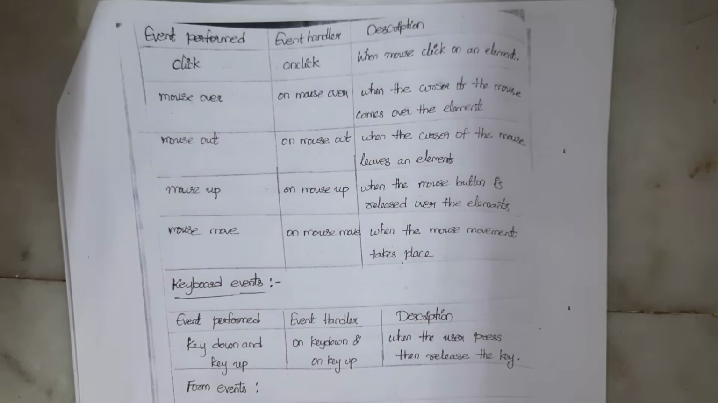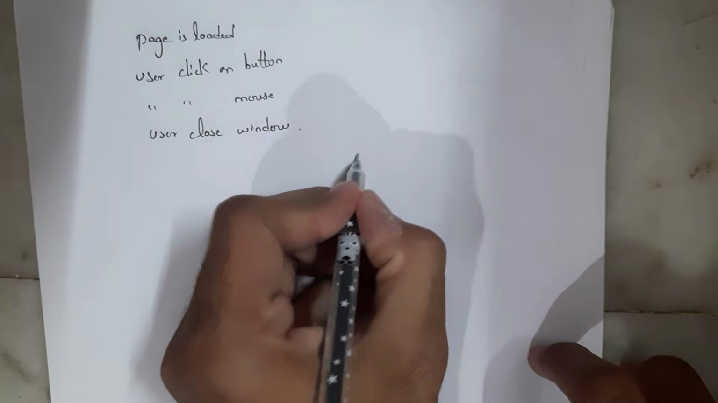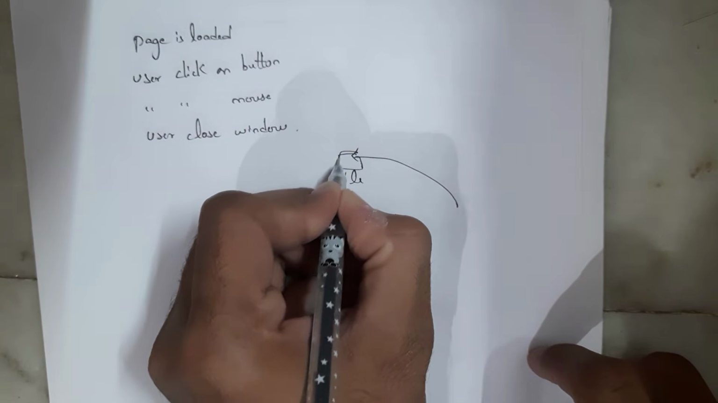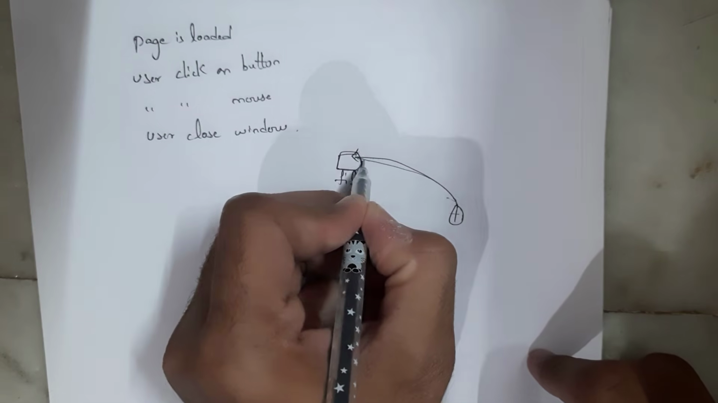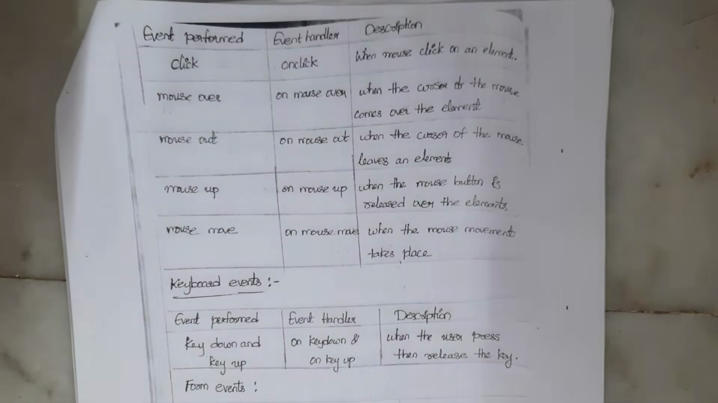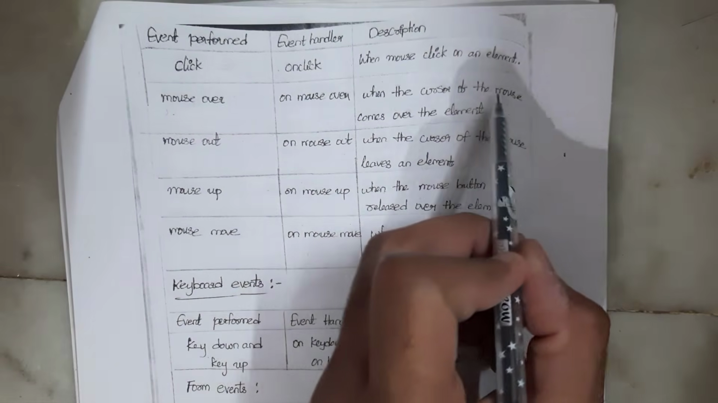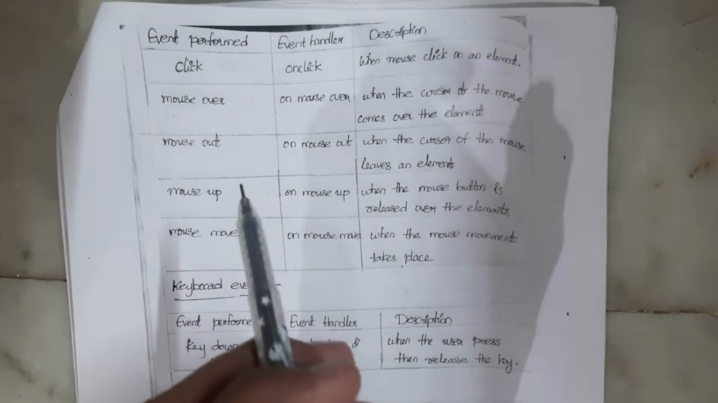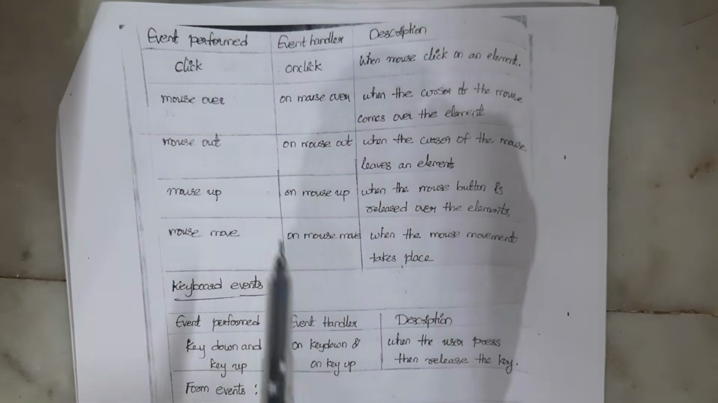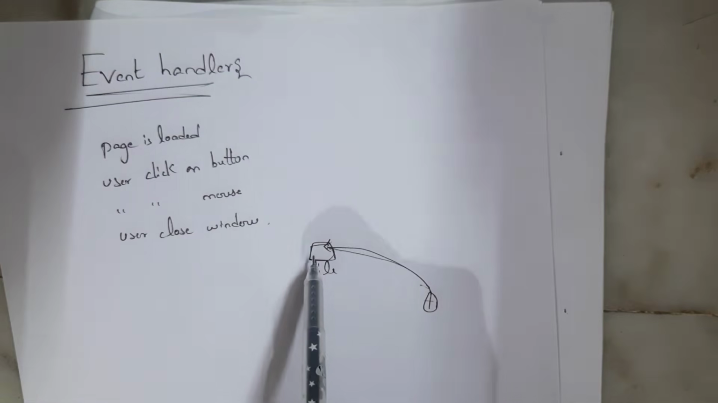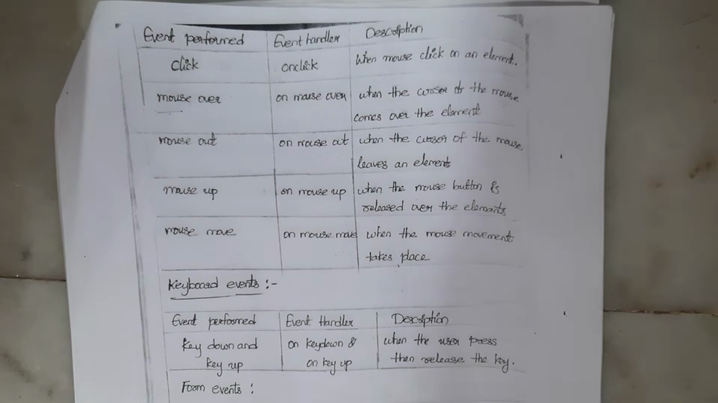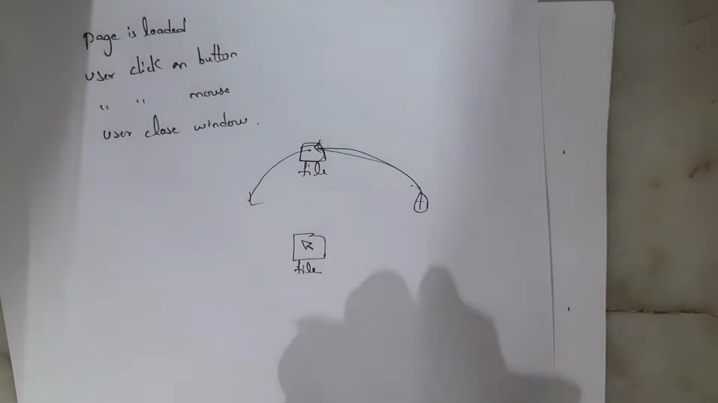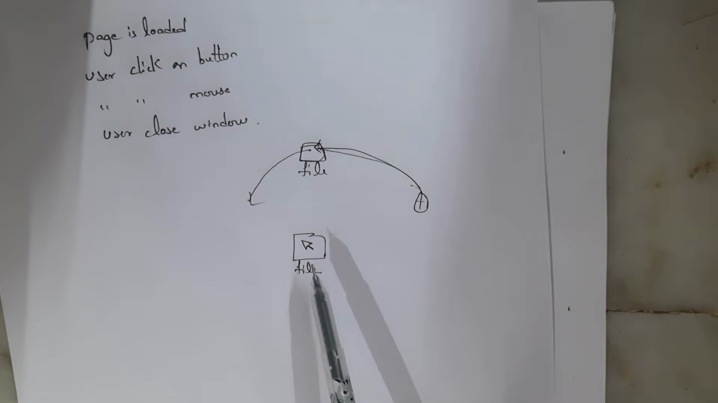Among them, first one is mouse events. These are mouse events. For example, there is one file. If I move the mouse onto this particular file, whenever I move the mouse over this file, the mouse over event occurs. When the cursor of the mouse comes over the element, that means whenever I move the mouse onto a particular element, the mouse over event occurs. And whenever I remove the mouse from this file, from this particular folder, the mouse out event occurs. And whenever I release the mouse from this file,